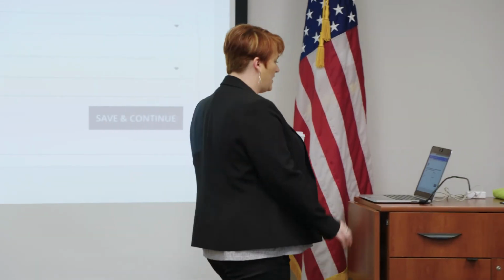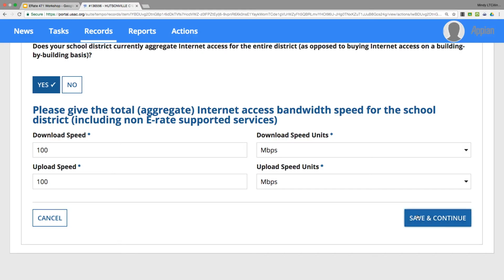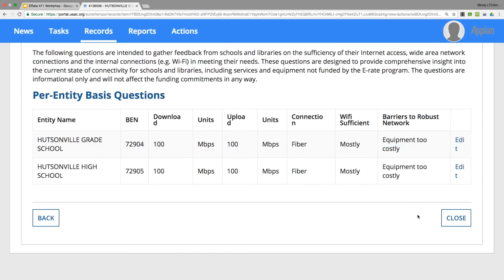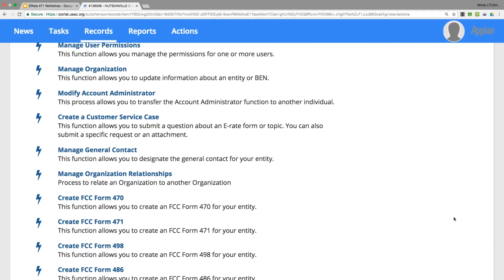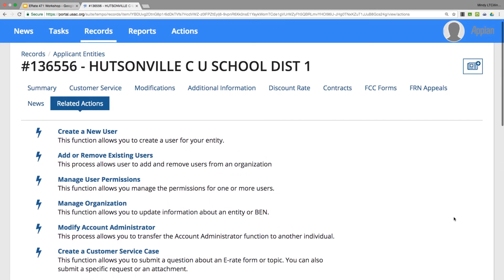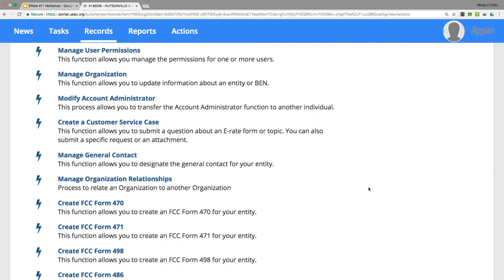When you are done updating your buildings, just click Save and Continue, and it will lock that information in. It verifies and says, is this correct? And then you say Close. It will take you back to the page that has all of our options under Related Actions. Okay, so we have now updated all of our wonderful